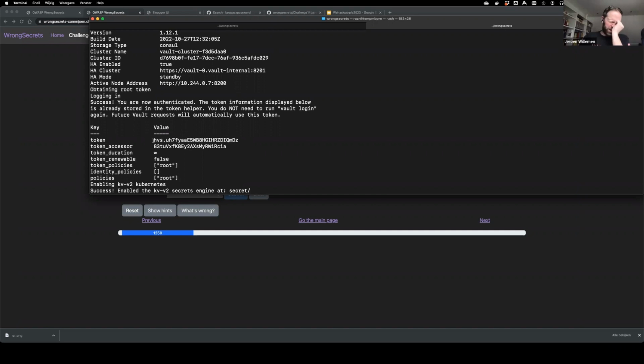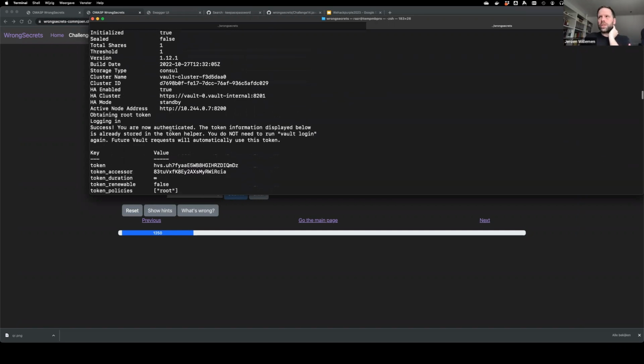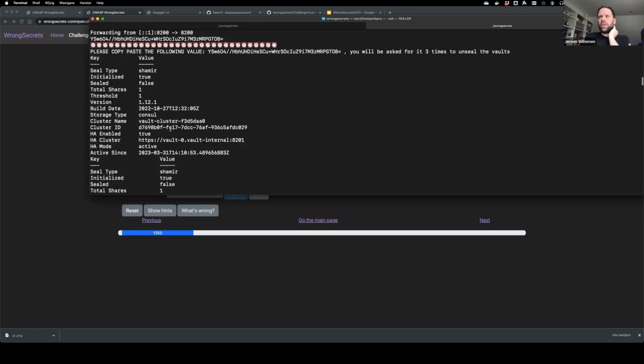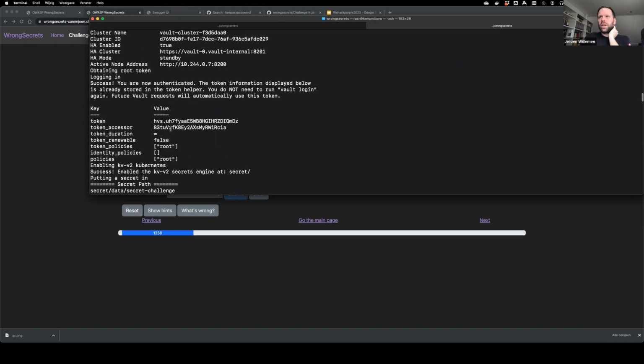For those who don't know what Vault does, Vault is an awesome secrets management solution. But if you want to start configuring it, you first need to unseal every instance of your Vault cluster, if you have a cluster, which we had over here, like 3 instances being unsealed. And then you get a root token to do all the initial configuration. That root token is amazingly powerful. You can do virtually everything with that. So